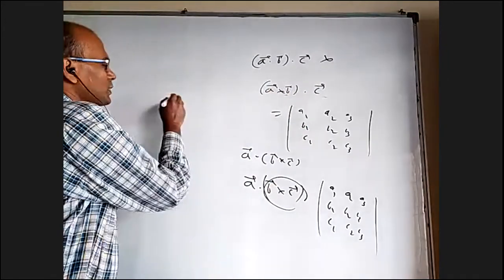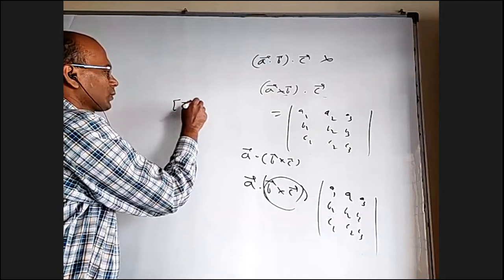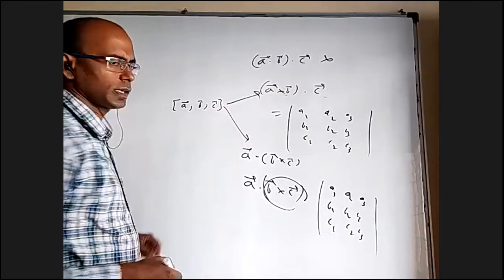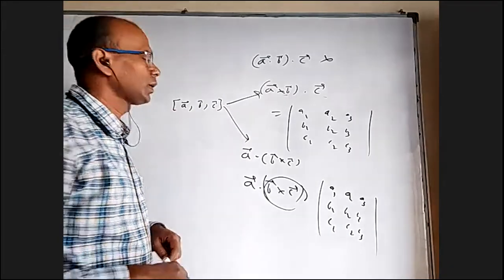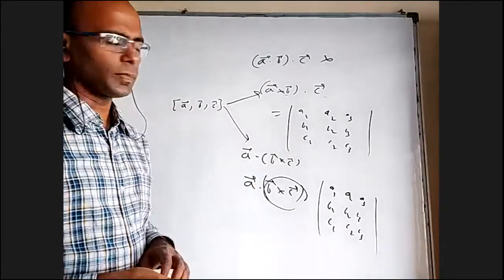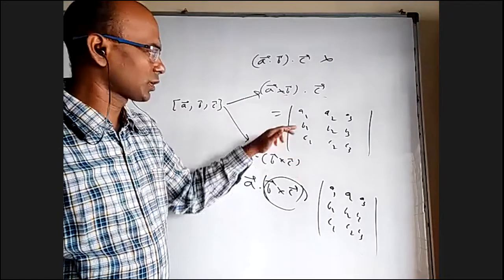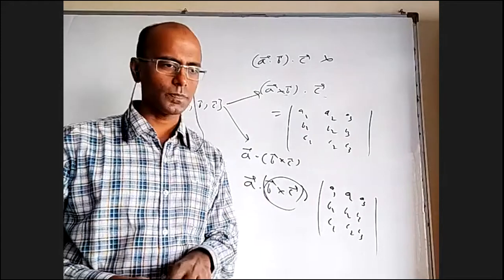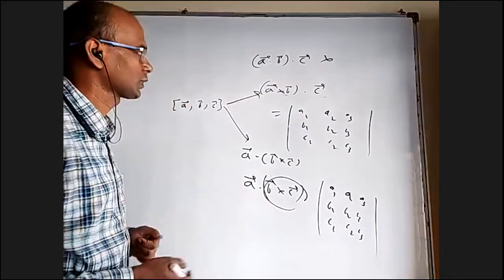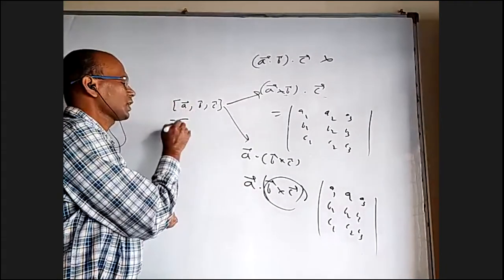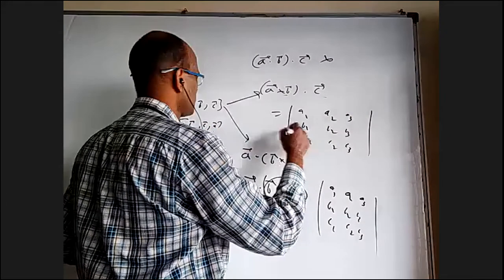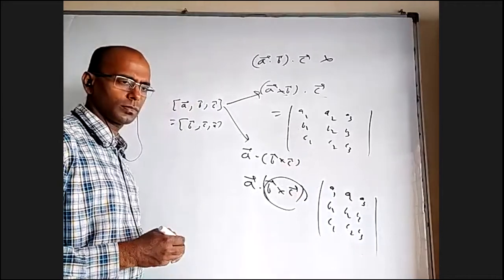So we generally represent this with box ABC. You can take it like this, or you can take it like this, in the same order. Like in determinants, if we change them in cyclic order, especially for 3 by 3, the determinant will not change. That is what we have done in matrices and determinants up to now. So this is also the same as box BCA, where you get B here, C here and A here.